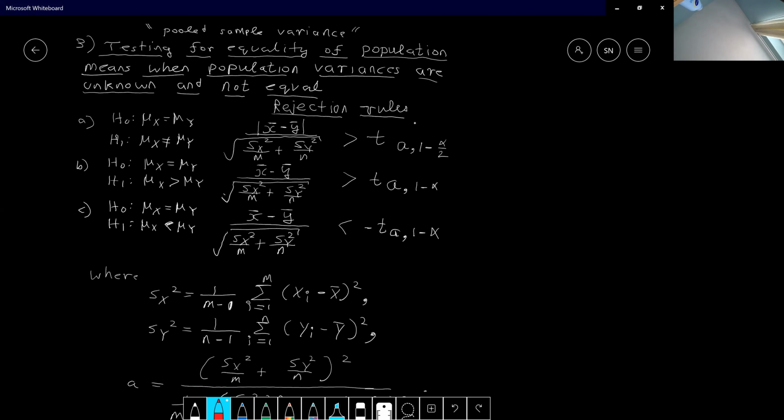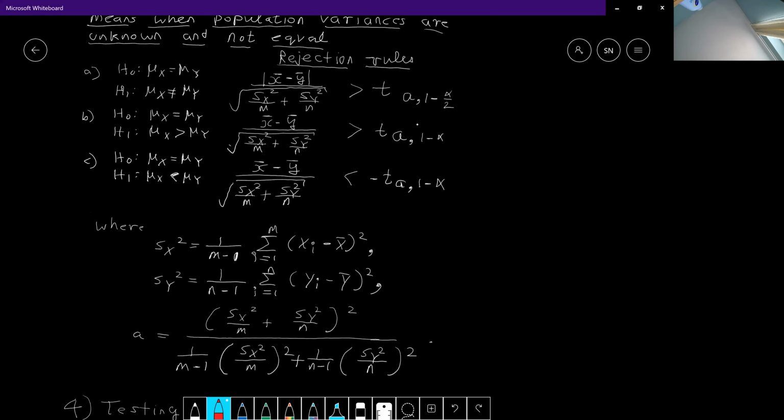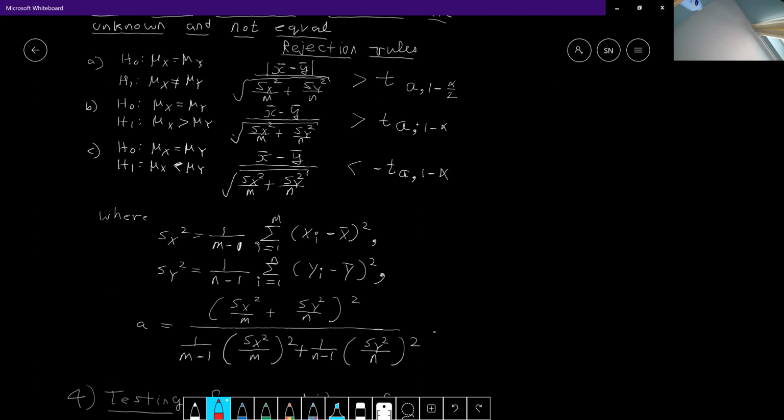So this is the most general case, and the corresponding rejection rules involve the percentiles of the t distribution once again, where a is the degree of freedom given by this complicated expression, and sx squared and sy squared are the sample variances. So sx squared is the sample variance for the first sample, and sy squared is the sample variance for the